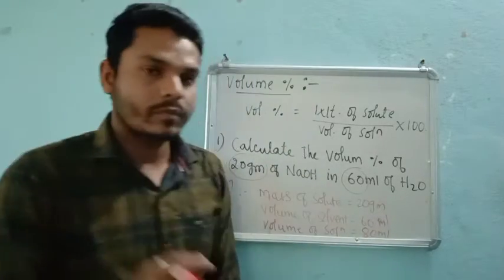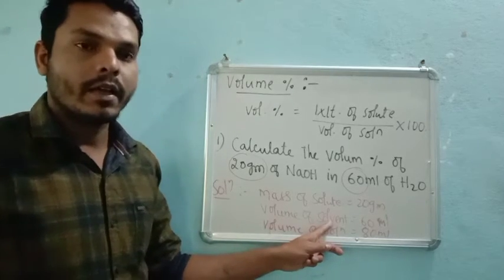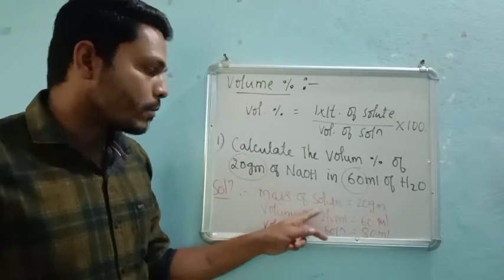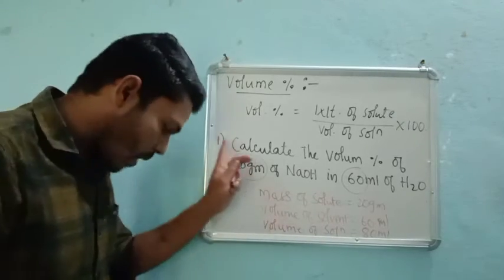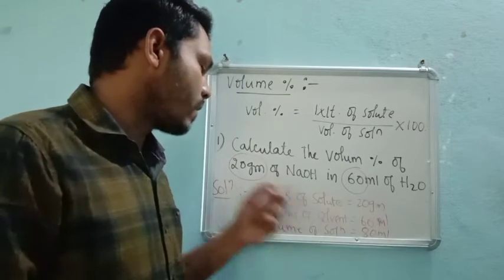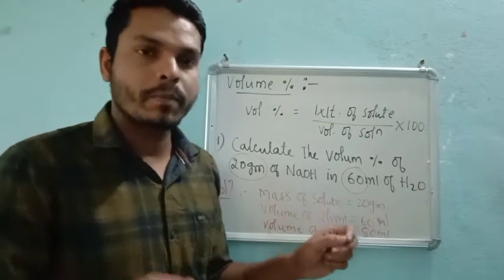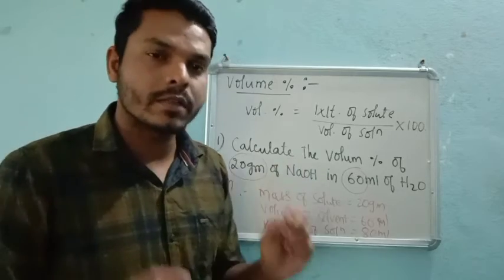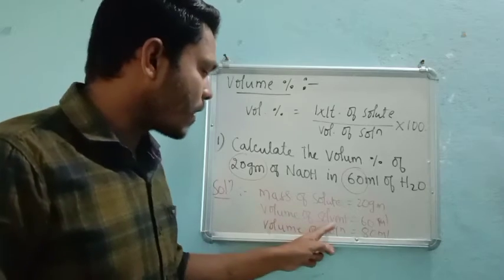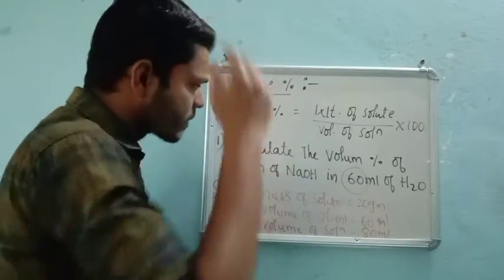Why? Because whether the solution is solid, liquid or gas depends totally on the solvent. If the solvent is solid, then the respective solution will be solid itself. If the solvent is liquid, the solution will be liquid. In second year we will look at this in detail. For now, just understand that the physical state of the solution depends on the solvent. But some exceptional cases will be there, which we will see next year.